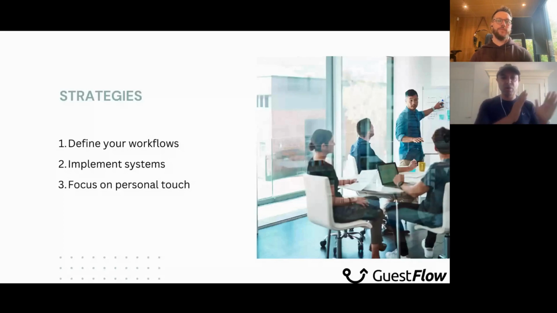And once you've broken the journey down into its segments, you've got to start writing down, right, how am I communicating to the guest and what am I communicating to the guest? Start writing down what your messaging, guest communication looks like throughout that process, throughout that workflow. And that's really where you want to start. How does the guest know what I'm expecting of them and what they should expect of me during that stay, right? So that's kind of step one, really.